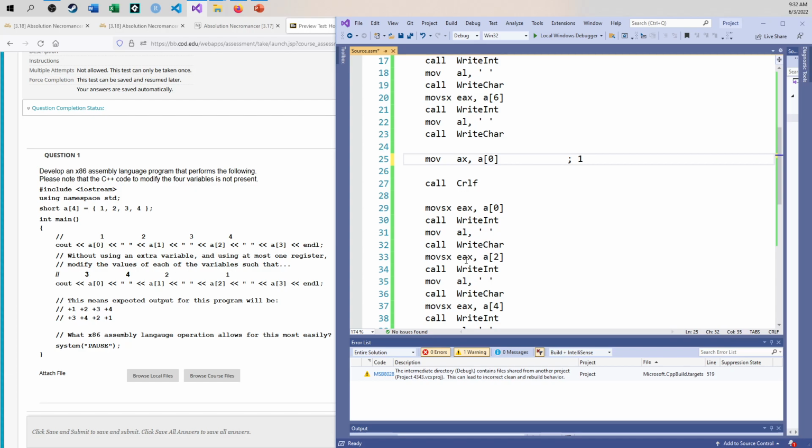Will be a 1, right? So that's what's going on. So then now that I have a 1 stored in the AX register, I can do an exchange operation. There's no reason to write 3 lines of code to do one swap. So that means if I have the 1 and I want to put it,